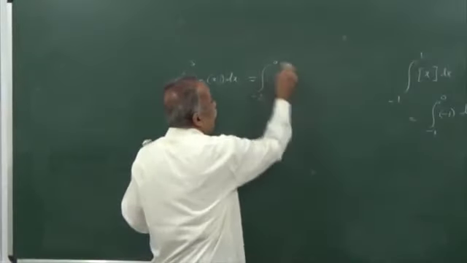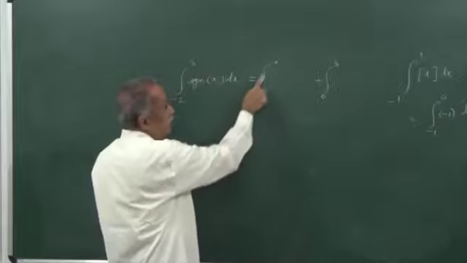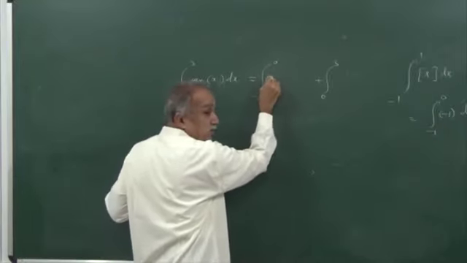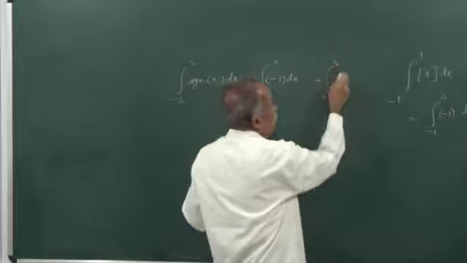Minus 2 to 0 plus 0 to 3. In the interval minus 2 to 0, signum is, in the interval 0 to 3 it is,